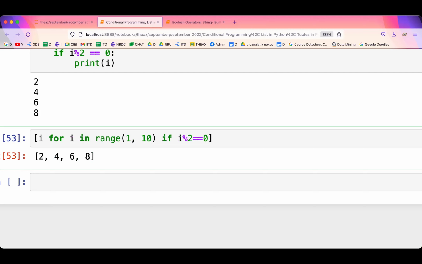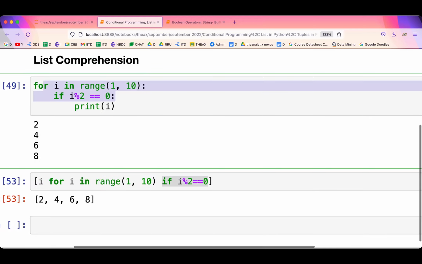That is how you have to read it, right? So for I in range of 1 to 10, if the value of I divided by 2 gives 0, I want to print it. This is my end goal. Writing it as a list comprehension, I want to print I